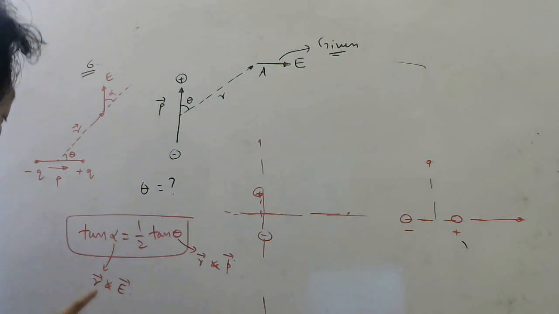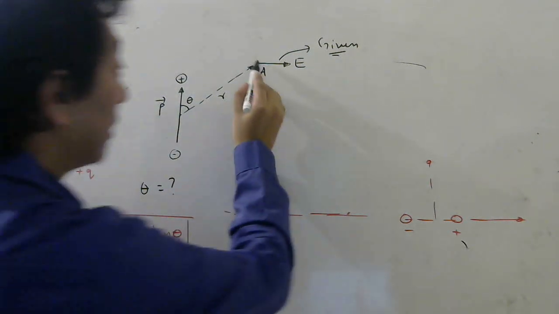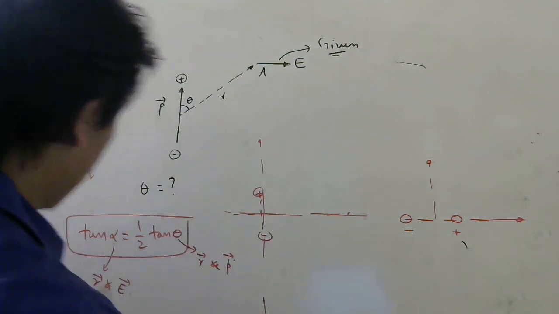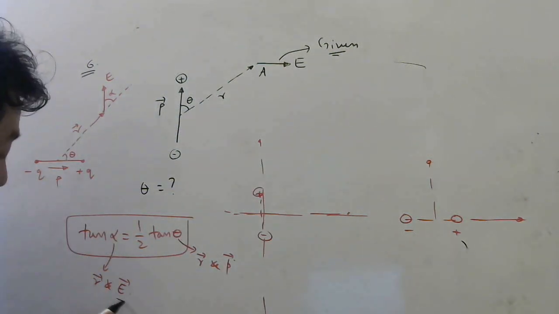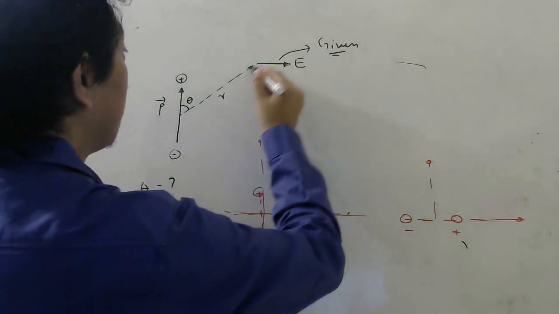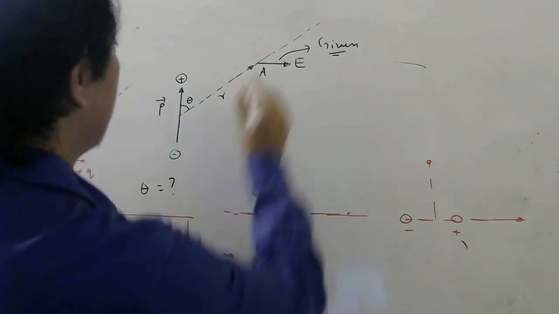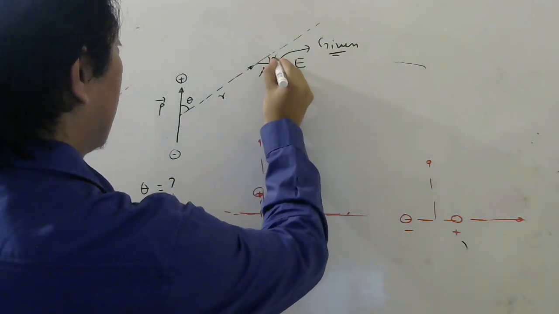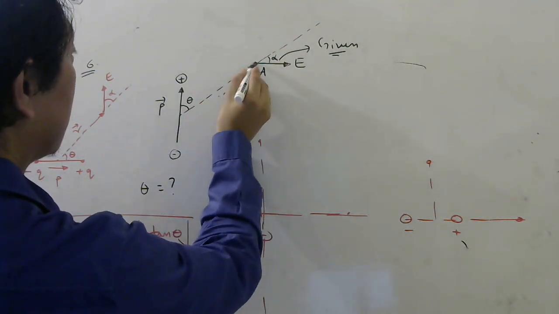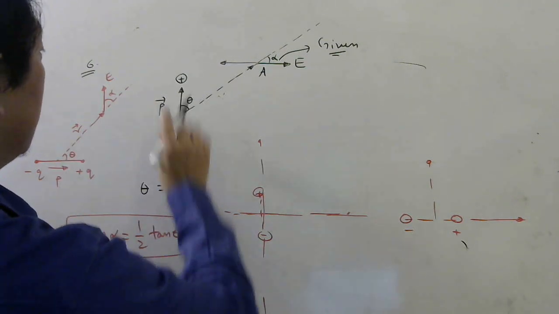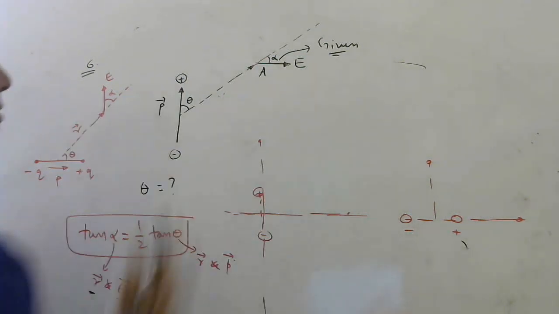Now what was alpha? The angle between the electric field and r. According to the question, the electric field is perpendicular to p bar. Now we want alpha, the angle between the electric field and r. This is your r, so if I extend this, this is the direction of r, and this is your E. So this must be your alpha. But students, will it be this side or this side? Due to plus q it will be away, due to minus q it will be somewhere here. This is correct only.